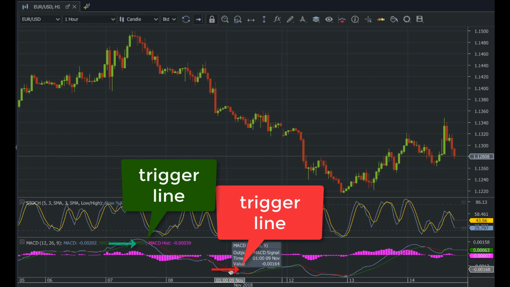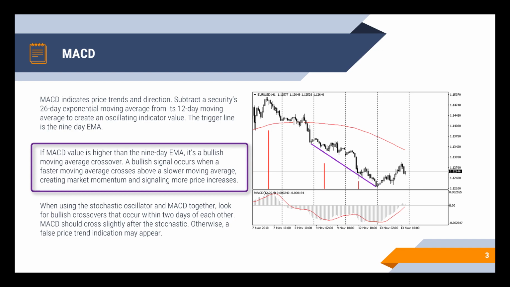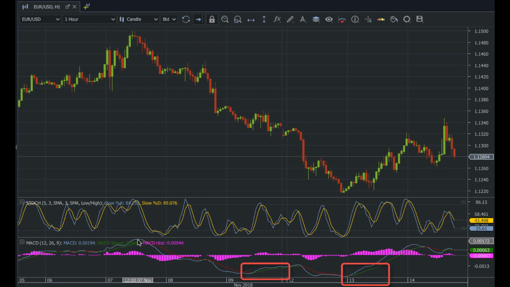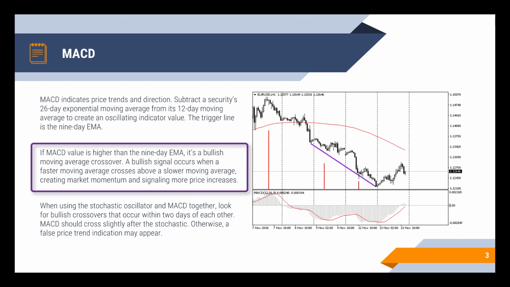At the moment it's red and green. Green indicates an uptrend and the red a downtrend. If the MACD value is higher than the 9-day EMA, it's a blue line. It is a bullish moving average crossover. A bullish signal occurs when a faster moving average crosses above a slower moving average, creating market momentum and signaling